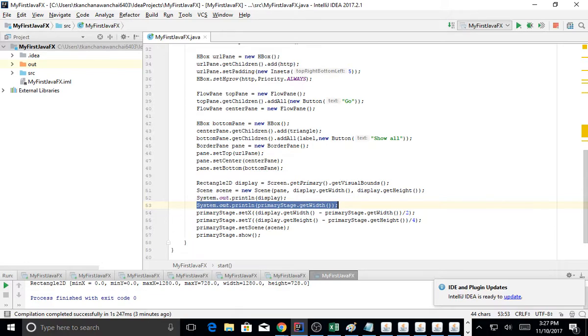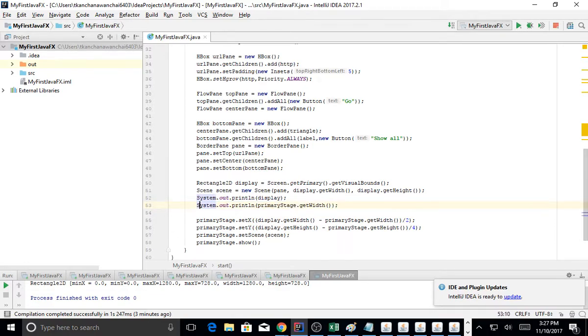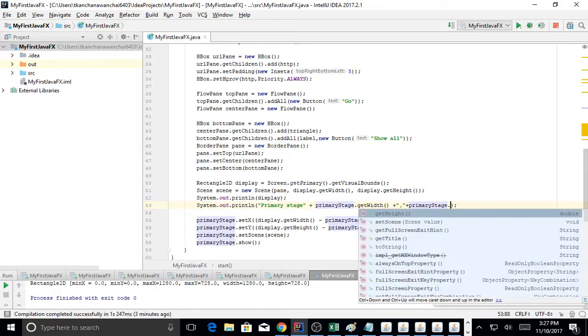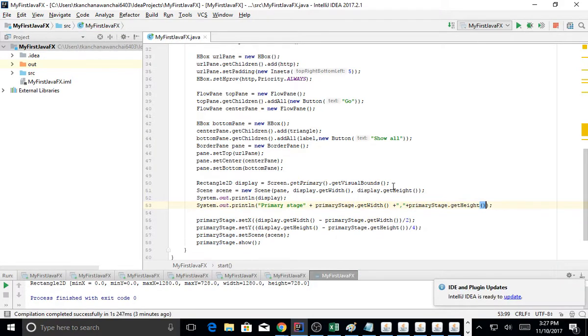I want to System.out that too, then technically I know what it's doing. So primaryStage, and then